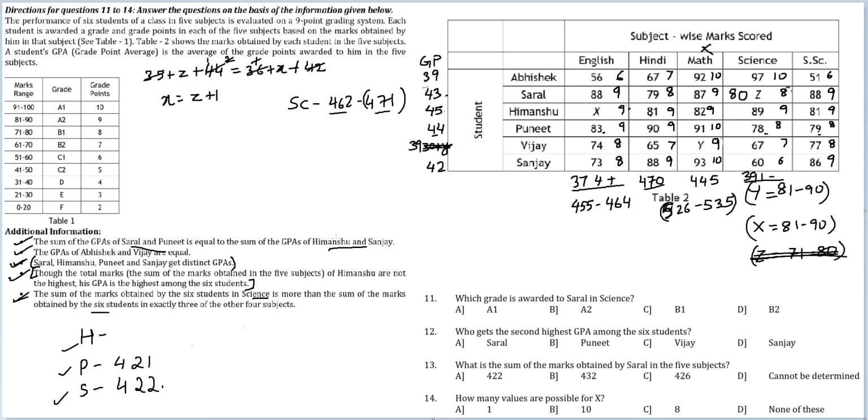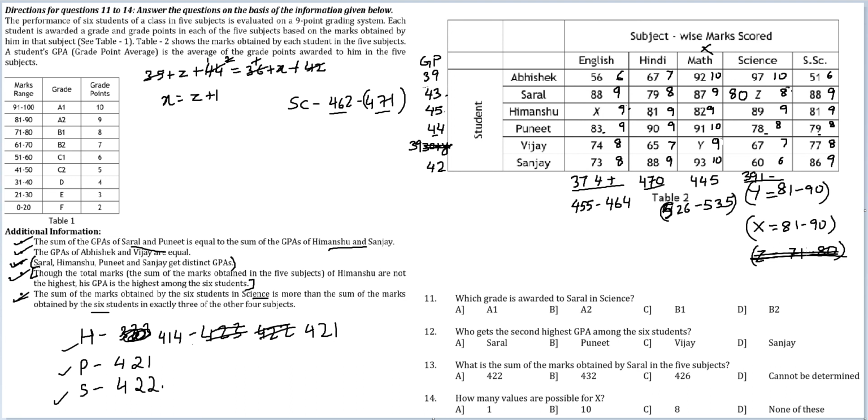Okay. So you have 333 and x can range from anywhere to, so 333 plus 90 leads me to 423, or lower than this it will be 414. This is the range of score that Himanshu is getting. Now because Himanshu is not supposed to get the highest score, he cannot get 423. He also cannot get 422 because then he would be joint highest with Saral. His total is not the highest. So the maximum he can go up to is 421.